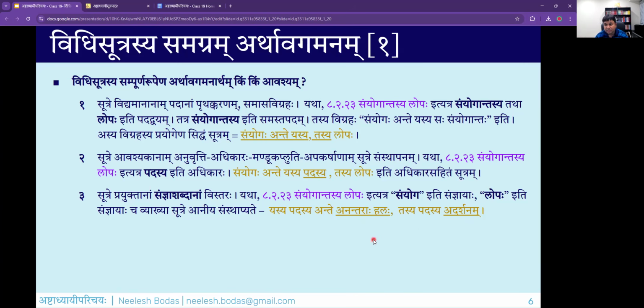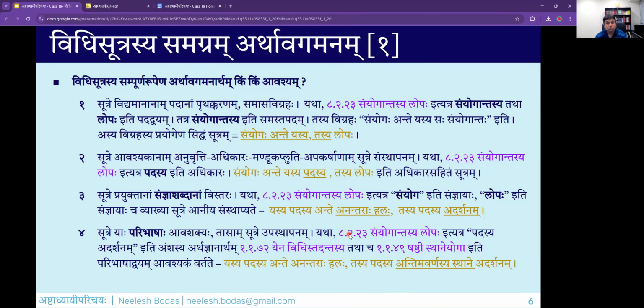Now, just like the way we did this exercise for samnyas, we also need to do this exercise for paribhashas. Paribhasha will tell you the precise way a sutra should be interpreted. So once the anuvrittis, adhikaras, samnyas are all brought in and fixed in that particular sutram, the next step is to understand how the individual words of the sutra need to be interpreted, explored or expanded. So here in Sanyogantasya Lopaha, whatever we have expanded, Yasya Padasya Ante Anantaraha Halaha Tasya Padasya